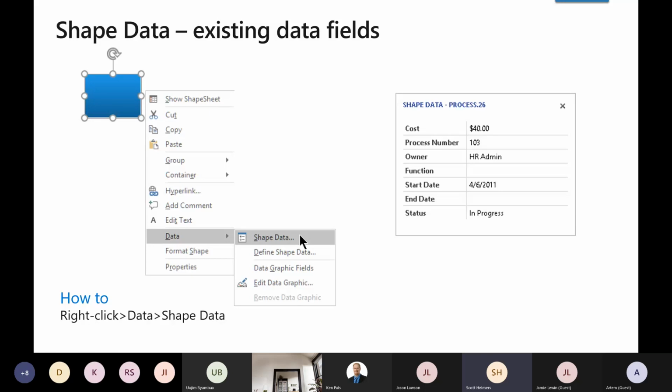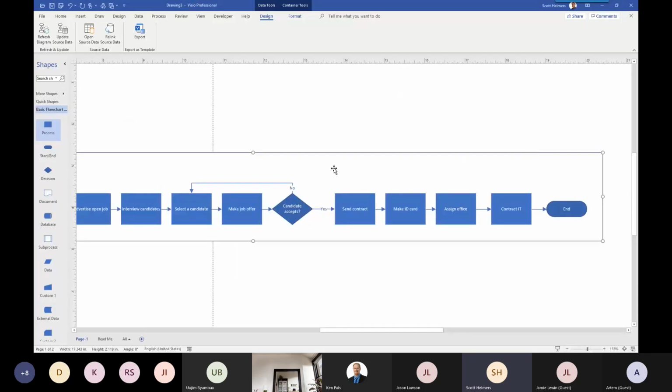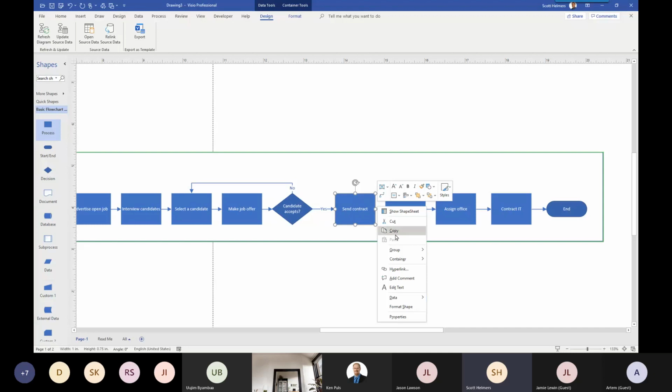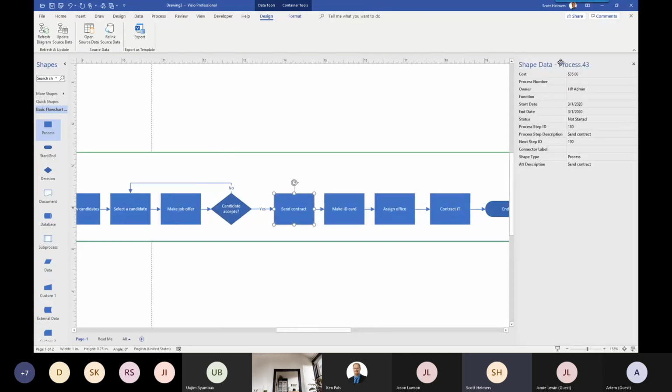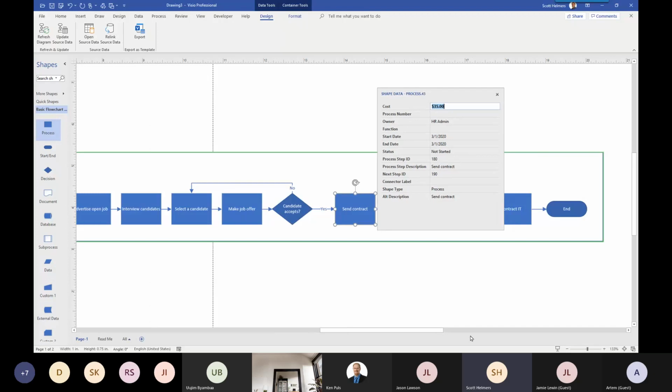So if I go back to one of these flowcharts that we created, here's the swim lane version. Let me do just that. Let me right-click and choose Data and Shape Data. And normally when you open this window, by the way, it's probably going to be floating over the screen like this, because